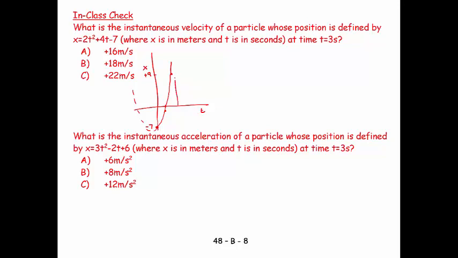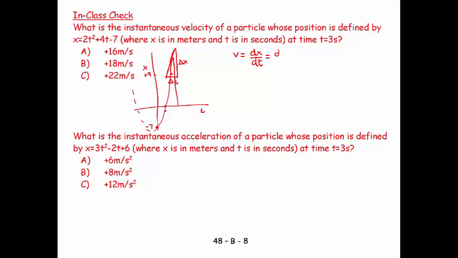So somewhere like here, what we'd do is we'd imagine constructing a triangle based on the tangent line. And there's my delta x and there's my delta t. Now, we don't need to draw that diagram. We don't need to do any of that. What we need to remember is that our velocity equals dx by dt,